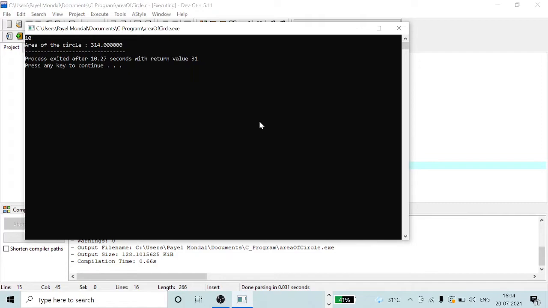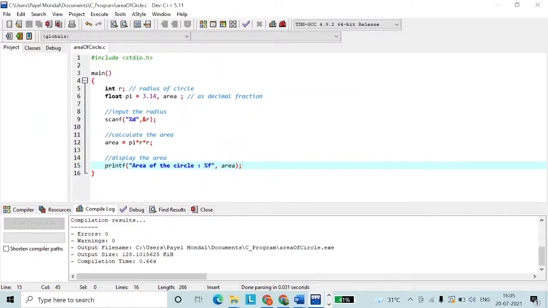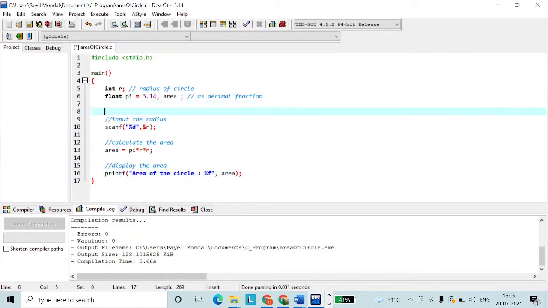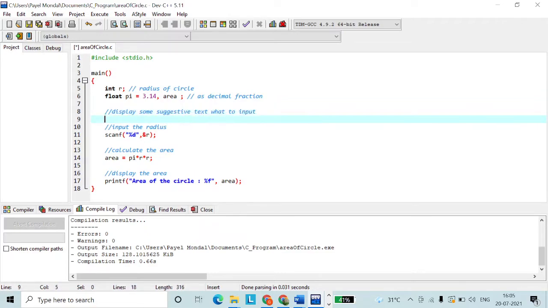If you don't give any suggestive text before input, the user will not understand what to enter. So what we are going to do is display some suggestive text about what to input.